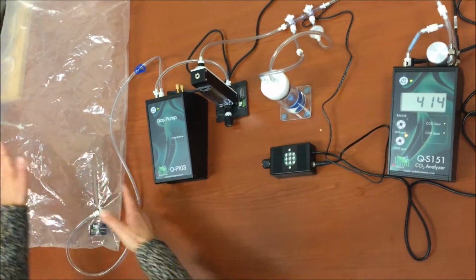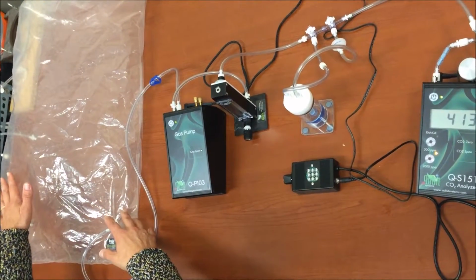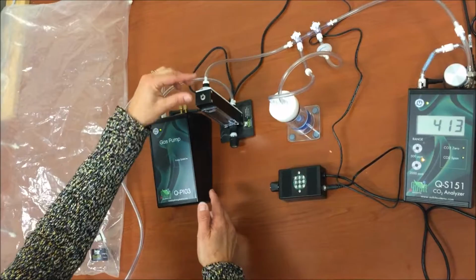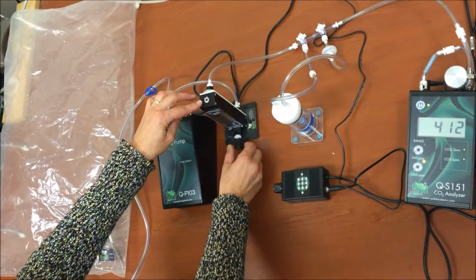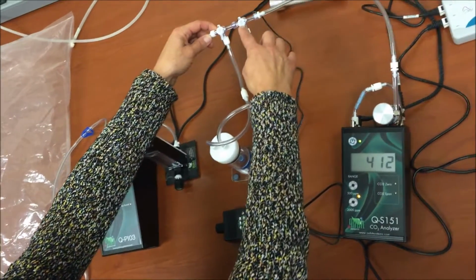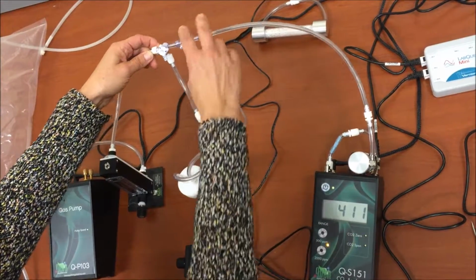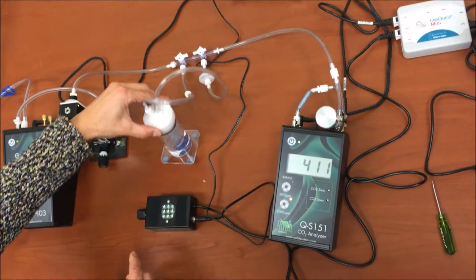The package is composed of a gas bag, which holds gas, air, or some other gas with different levels of CO2, and a gas pump which samples gas from the bag and carries it to a flow meter. This is a rotameter style flow meter where you can adjust the flow through the system with this valve. Then it goes through a couple of valves here, and when the valves are in this position, the gas goes straight to a CO2 analyzer, or when the valves are in this position, it goes and bubbles through